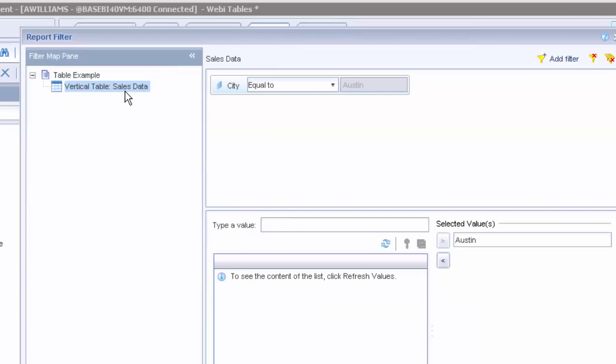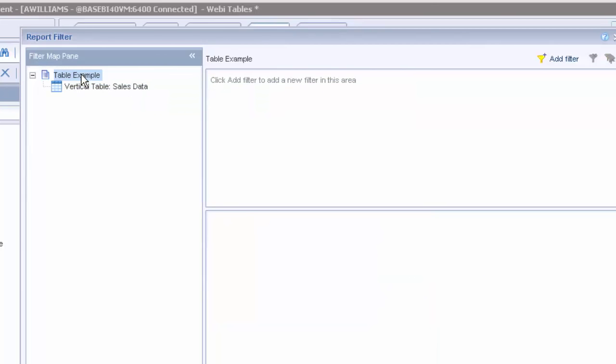I've added a filter at this vertical table sales data level. If I had another table in this report, that filter for Austin would not be applied there. If I have multiple blocks in the report and I want to have a filter created for all of them, I have to do it at this level, at the actual tab level or report level within your Web Intelligence